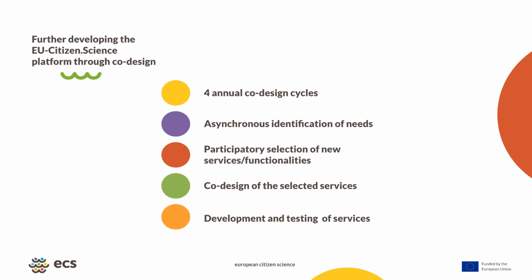And finally, with this last output, we carry out the final development of the services. This process brings us to today, when, after confirming that the functionality is correct, we move the changes from the development server to production and present them publicly in an event like this one. I hope that this explanation gives you an idea of the criteria underlying each phase of the ECS Co-Design process. So let's move on to a shorter overview of the outcomes achieved in each phase during this first cycle.